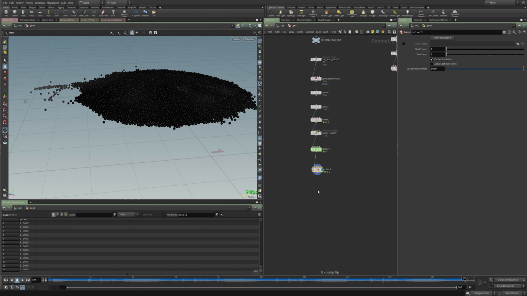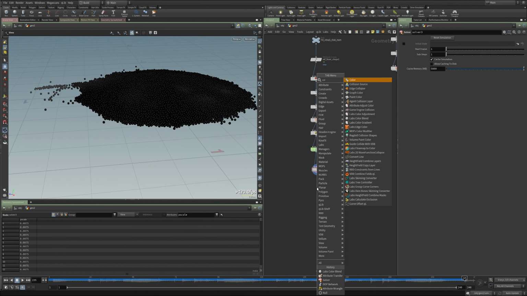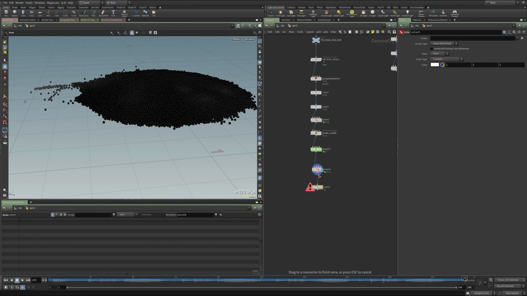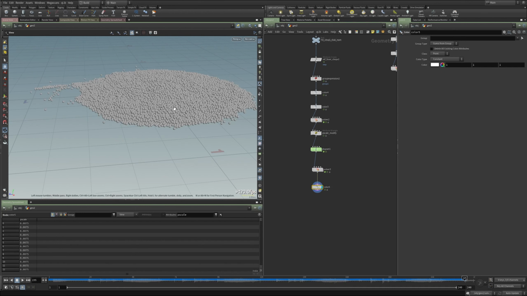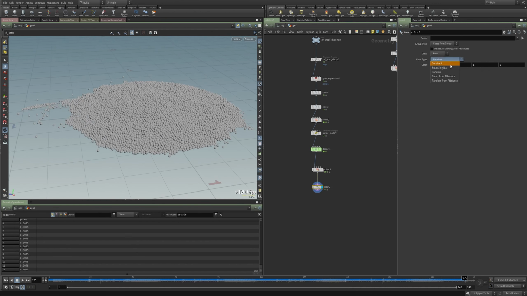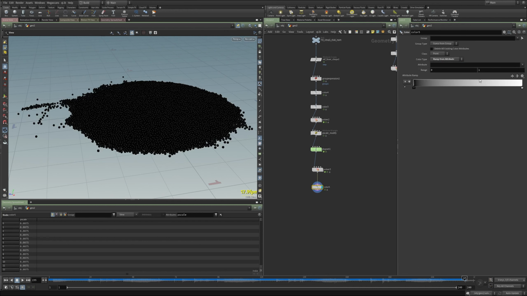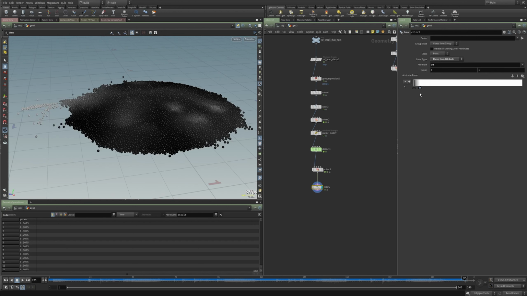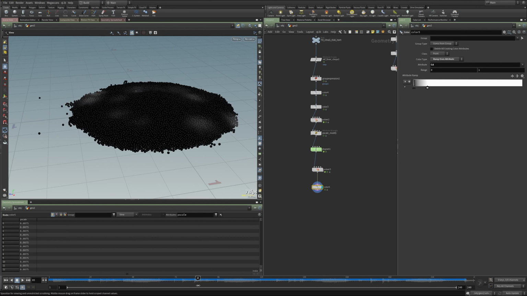And then what I like to do a lot of times is drop another color stop after whatever color stop I have, and then set this to ramp from attribute, and the attribute that I'm ramping across, I select my color, and then I can really push it. That might be too much.